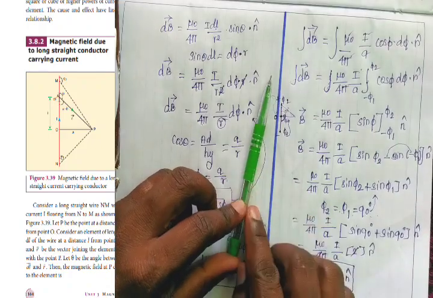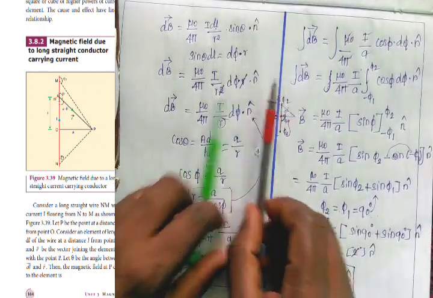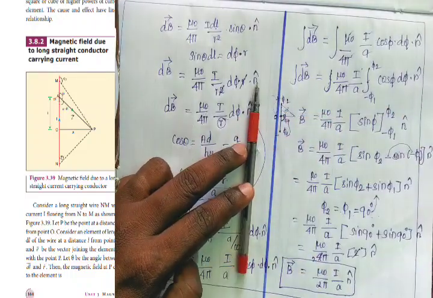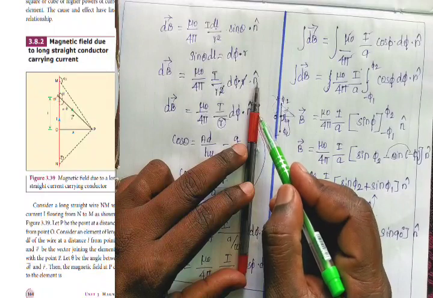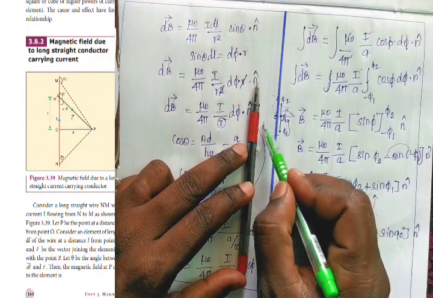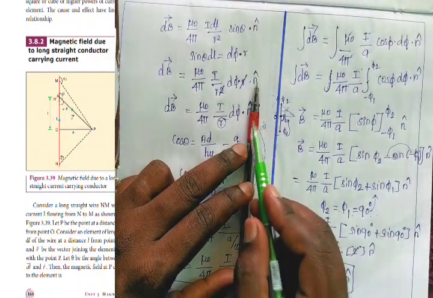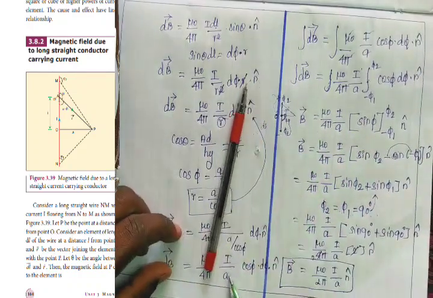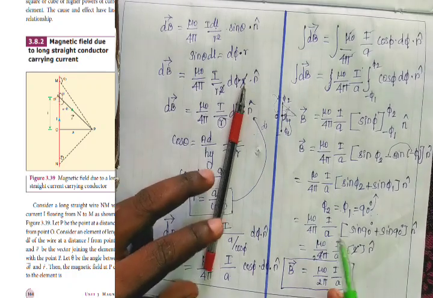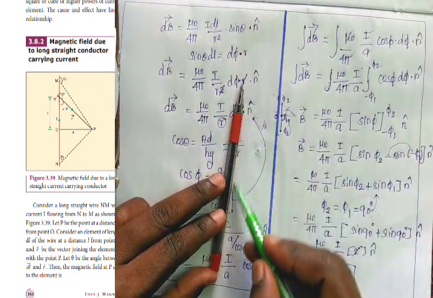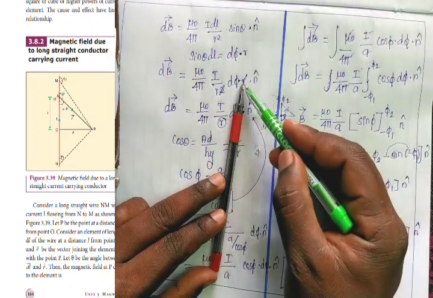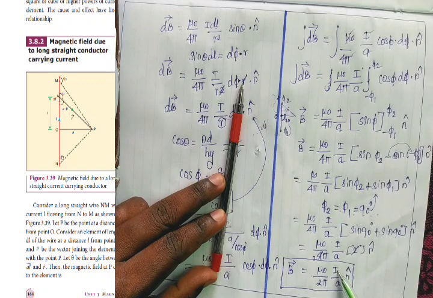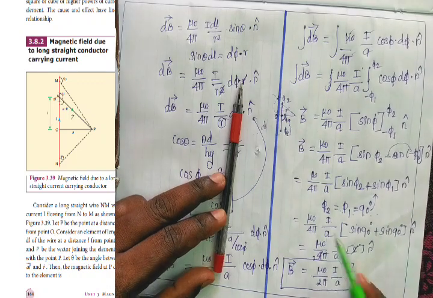So it is a conductor, just imagine, right? This conductor, we consider one small part. We consider this red color area is dl. Red color area dl means total magnetic strength. dB is equal to μ0 divided by 4π, I divided by a, cos φ dφ n. Suppose you want the total conductor magnetic strength from the beginning point M to N, that means B vector is equal to μ0 divided by 2π, I divided by a, and the unit vector n cap.